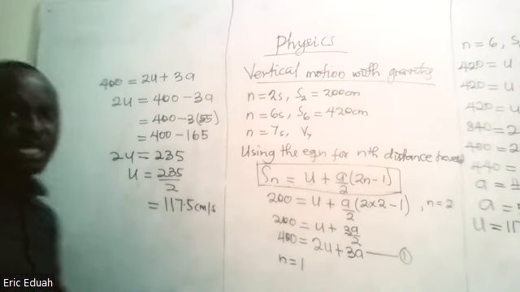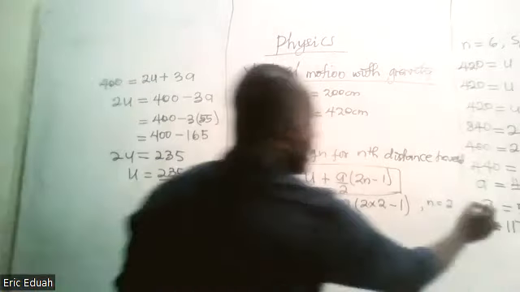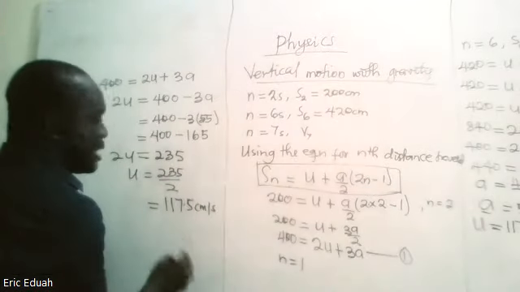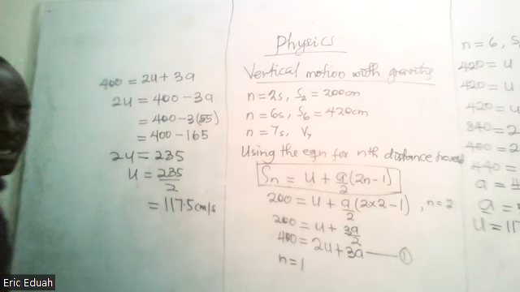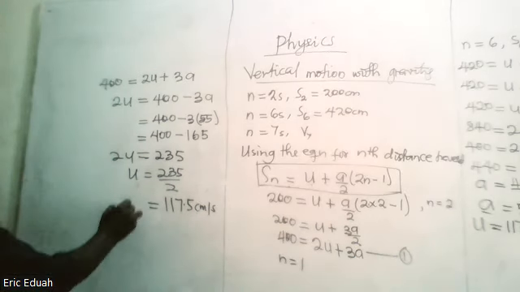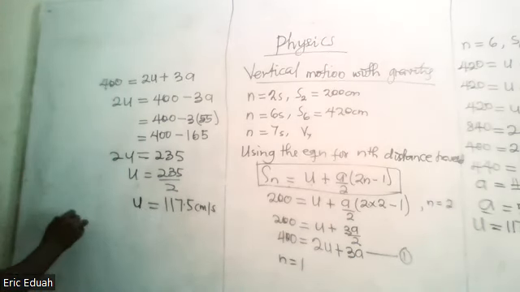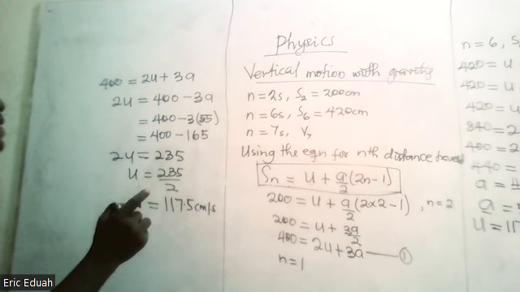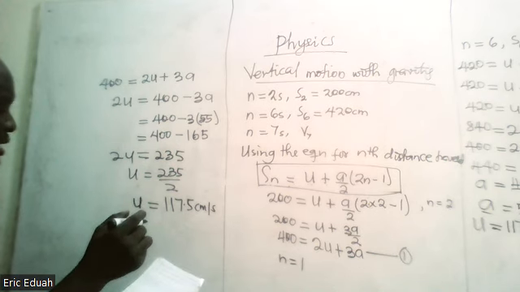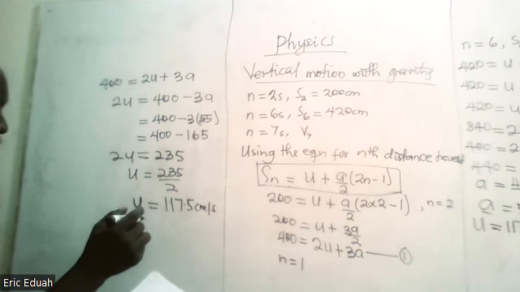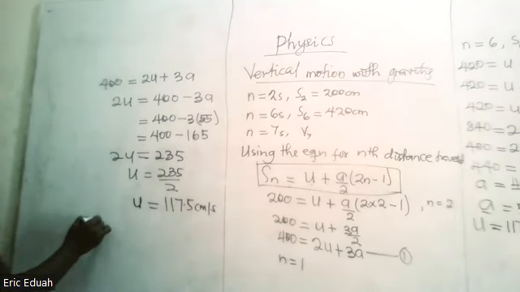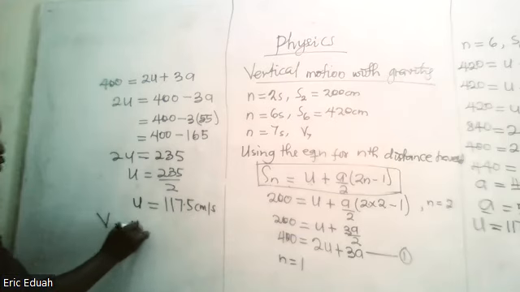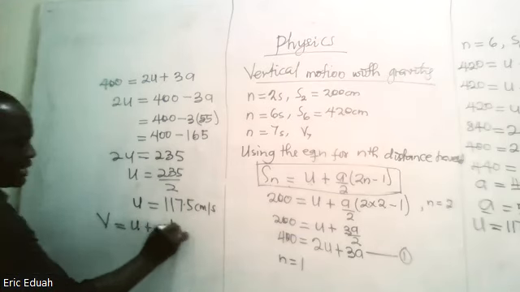So what it means is that once we have the acceleration and the initial velocity, we can find the velocity when n is equal to 7, at the 7th second. Okay, so using the first equation of motion, v equals u plus at,